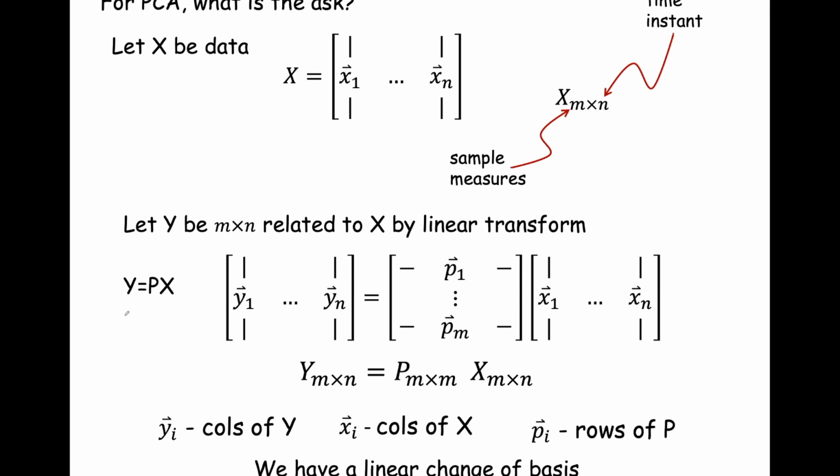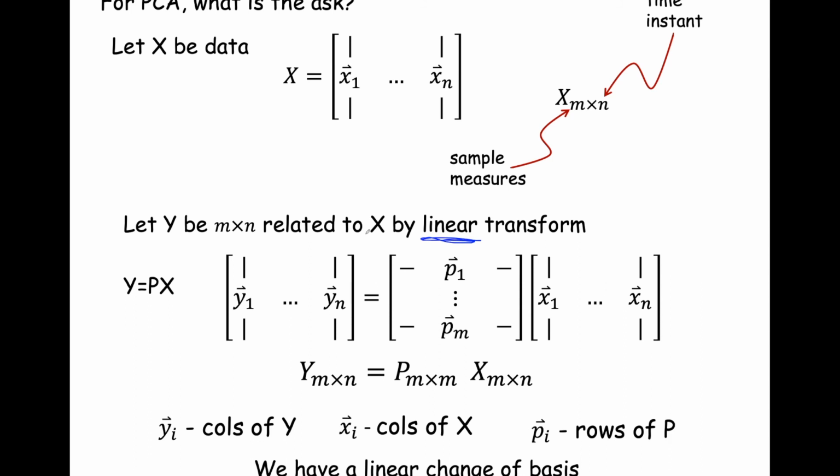And so our transformation was a linear transformation. That linear part is very important because it makes it easier to solve for. We said Y equals PX. The new version of our data, each data point in the columns of X, are going to be the columns of Y. And so now we have a linear change of basis,